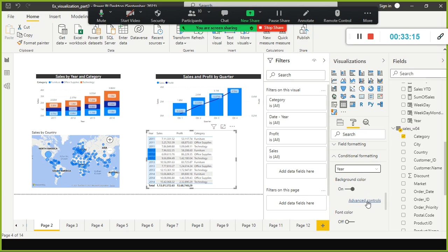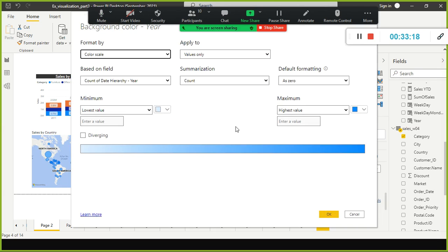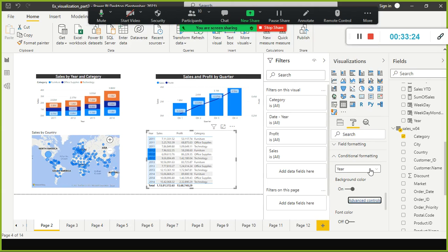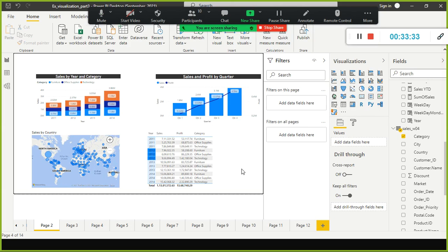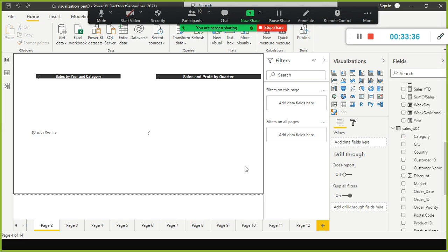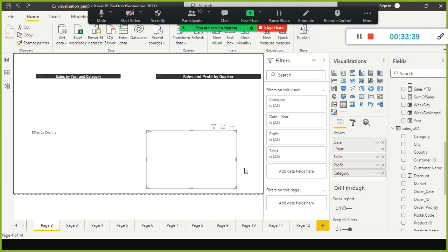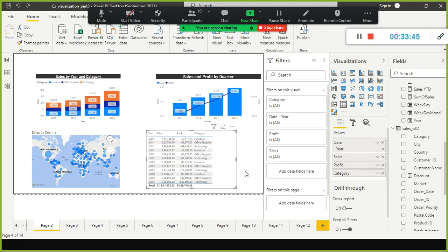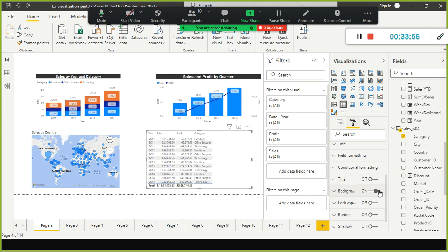Let me do one thing. You have advanced control here. Just go here, and I don't want to color scale, I don't want to do anything here. Okay, let it be there. I'll go and do it for sales. I just did Control Z. Control Z will work here, sometimes you can use Control Z in this one. So what I do is I just go to format, because here it doesn't make any sense to do the